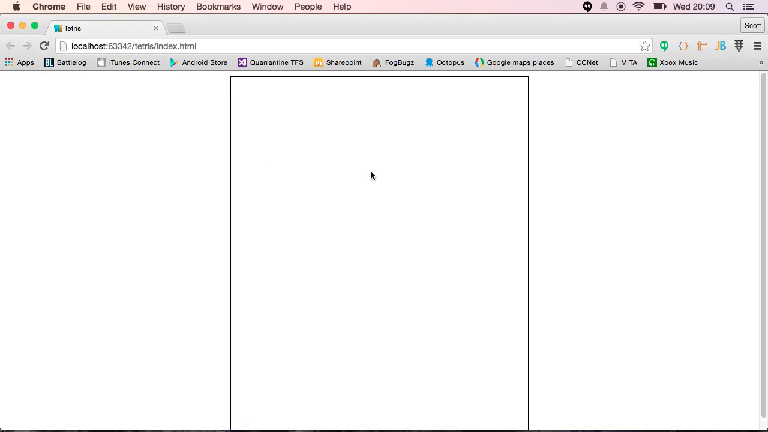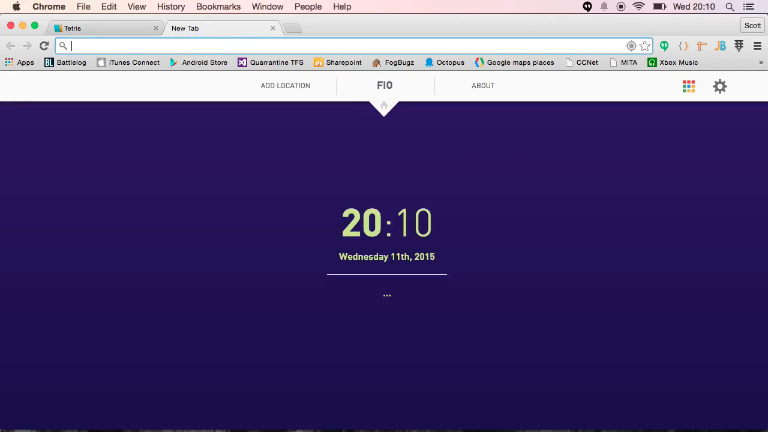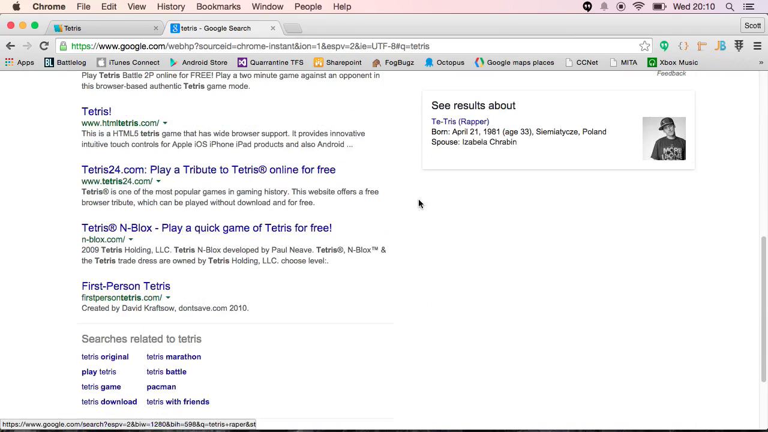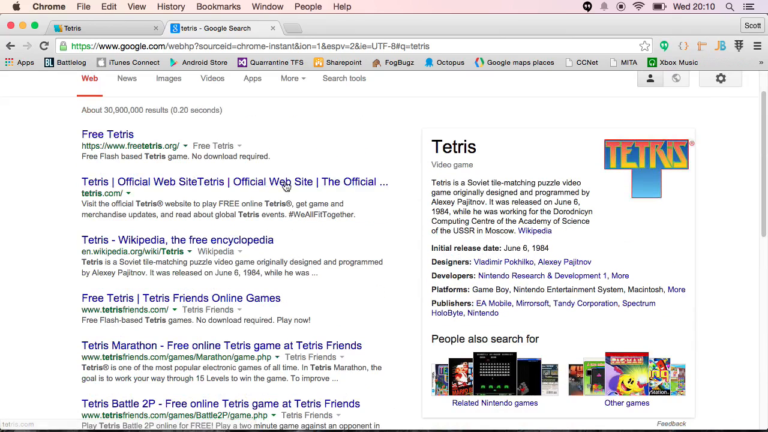Flexbox might be nice for that, but it might be hard to control. I'm trying to think of what we need to do. We need to say how many are across and how many are down. And I don't know, so let's look up Tetris online and see, maybe we can find Tetris